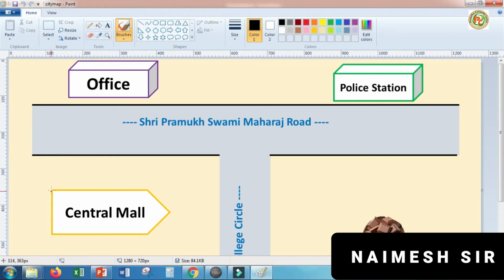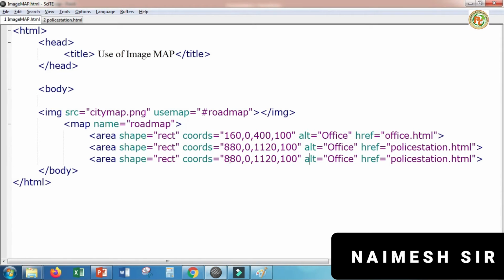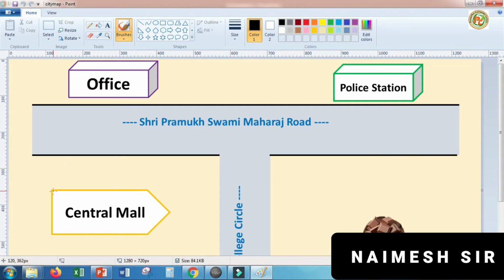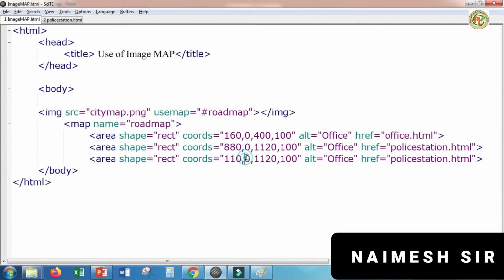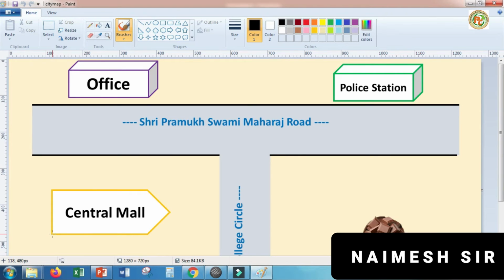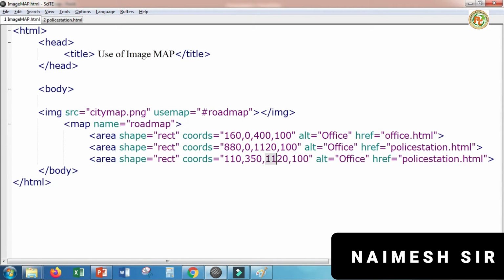Now see, where is it starting from? It is starting from 110, so we'll keep 110 here. Now what will y be? Y will be in between 300 and 400, so we have to count 1 2 3 4, and here it will be 5, so 350. So here we will keep 350. Till when is it completed? It completes at about 400, not 500 but less than 480, so it will be 480.